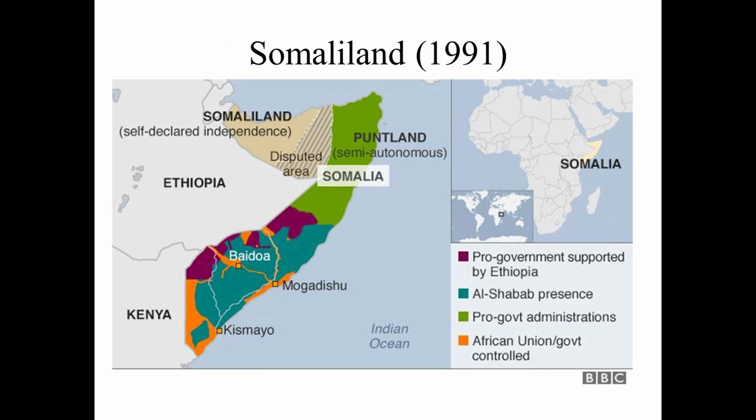Then we have Somaliland. I know it sounds silly, but Somaliland is a little breakaway region of Somalia that broke away in 1991. And you know how Somalia is. It's not the strongest state in the world. Somaliland is actually doing better. It is actually more cohesive and more democratic than Somalia itself. So the inability of Somalia regaining control over the territory, in addition to Somaliland being tacitly supported by Ethiopia, is that Somaliland is just more defensible than Somalia itself. Somalia is a very, very weak state.